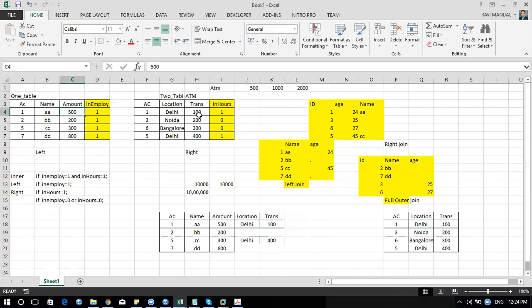Correct? They suddenly process this update query. And if you have information, then only they give you money. If not, they'll say you don't have enough balance. So let's say you are withdrawing money from Bank of Baroda and you opened your account in ICICI Bank. So the amount is there in ICICI Bank and you are withdrawing from Bank of Baroda. So both are different entities, correct? And you're trying to withdraw money.